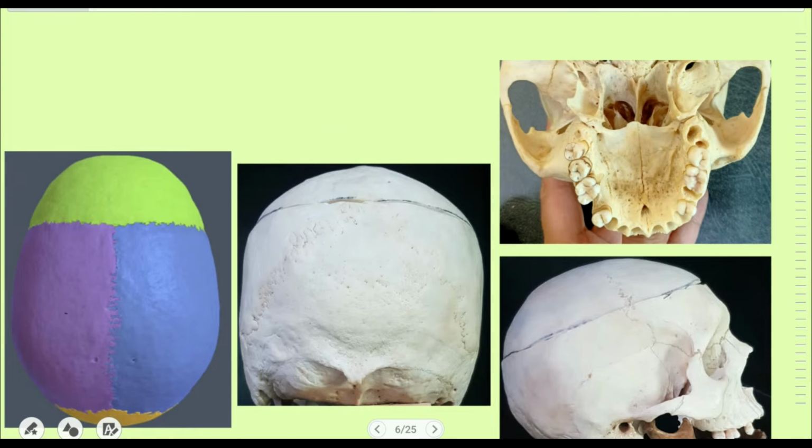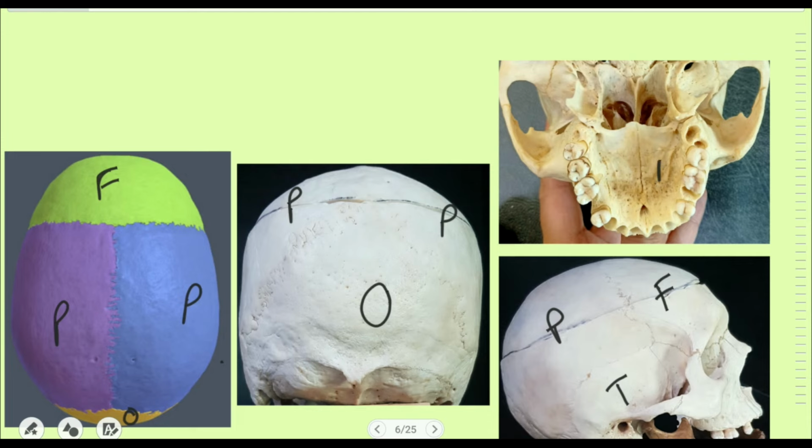Look at here. This is the parietal bone. On the front, we have got the frontal bone, and over the back, we have got the occipital bone. We're looking from back. This is the parietal bone. When we are looking from the sides, this is the frontal bone. This is the parietal bone. This is the temporal bone, and this is the occipital bone. This is the upper jaw. So this is the maxilla bone of the one side, and this is the maxilla bone of the other side.